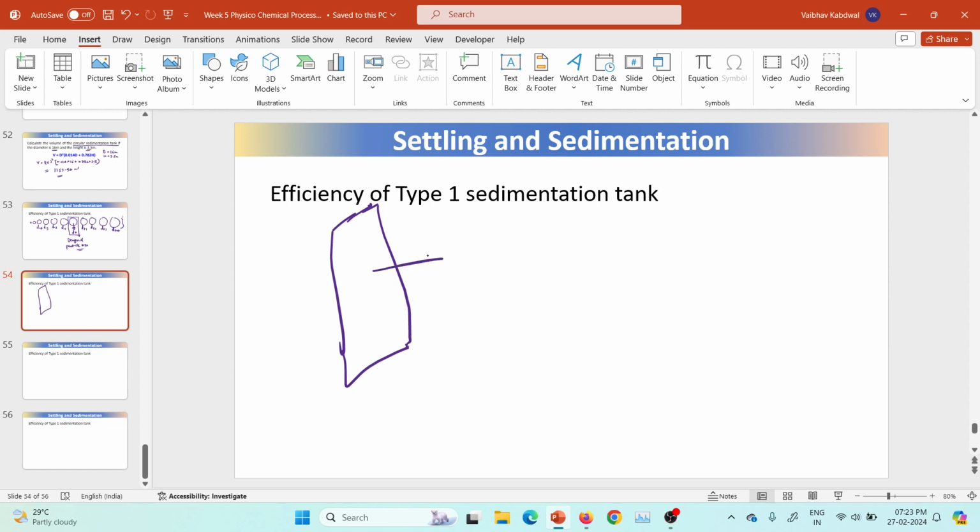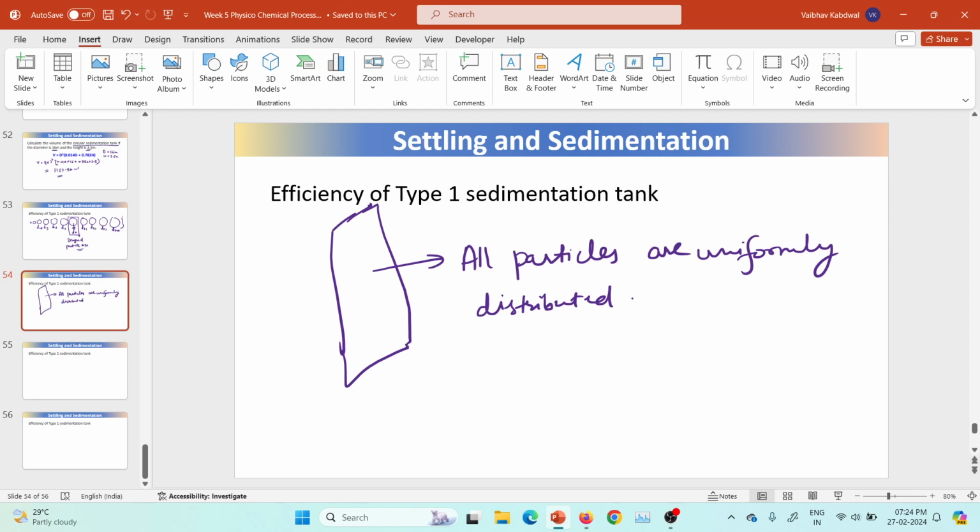All particles are uniformly distributed throughout the depth